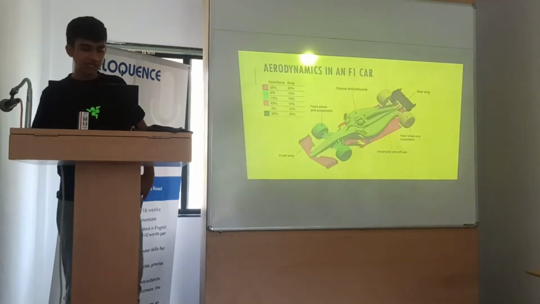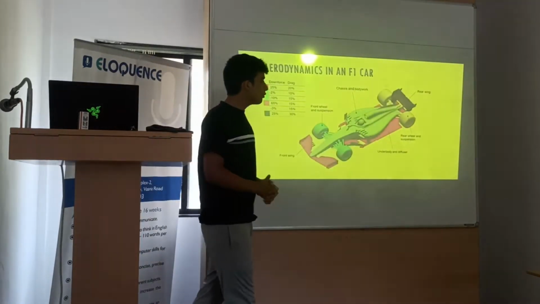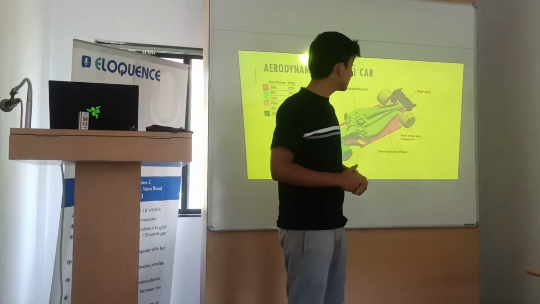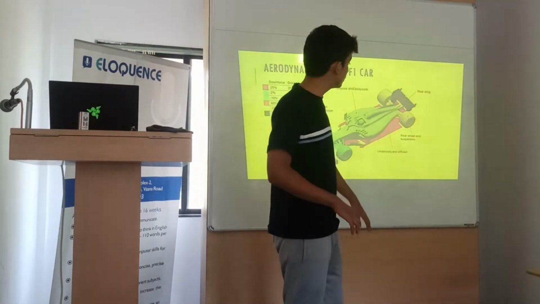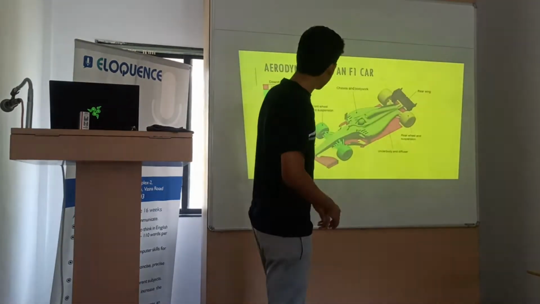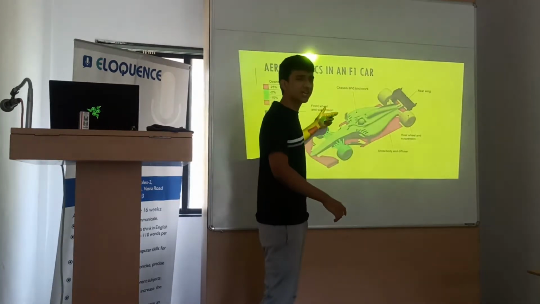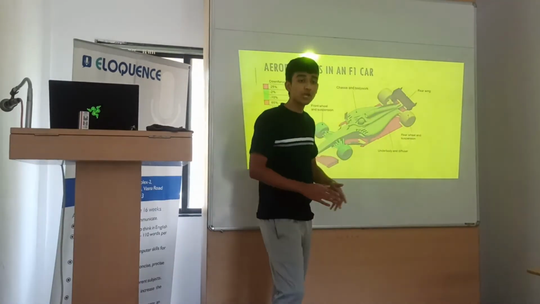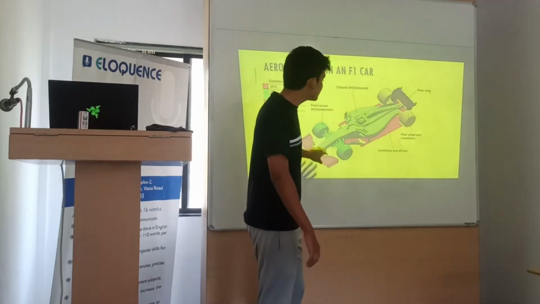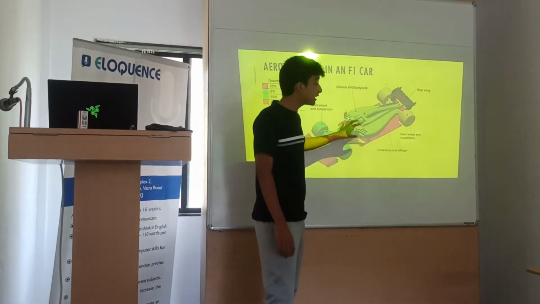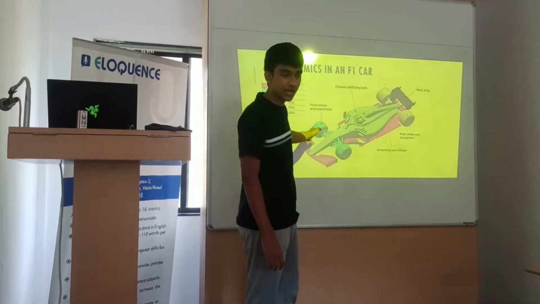Okay, so now let's move a little back over here. Now let me explain how the downforce or how the negative lift is actually caused over here. Let's start off with the front wing. As you had seen in that video, there were vortices being created, which is basically turbulent air flowing along an axis. Now this is advantageous to us, and it also hurts the downforce of the car.